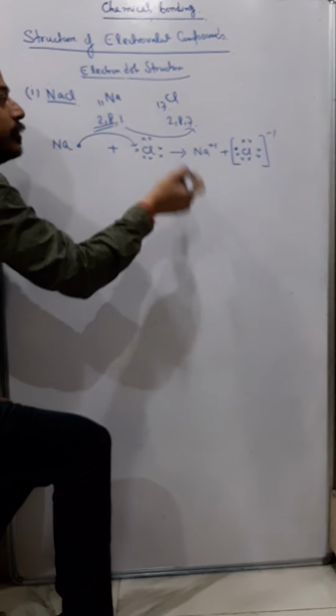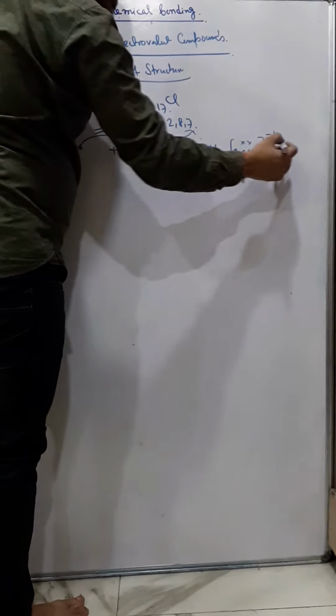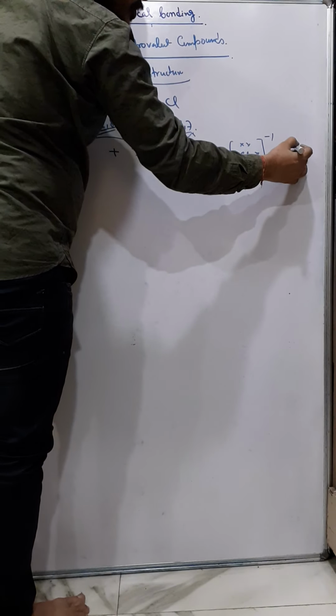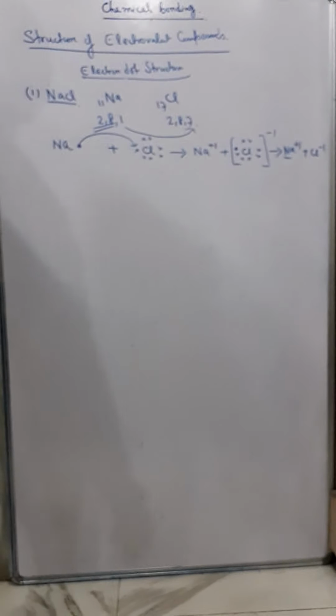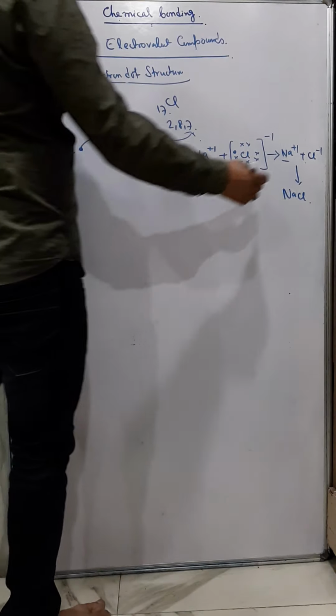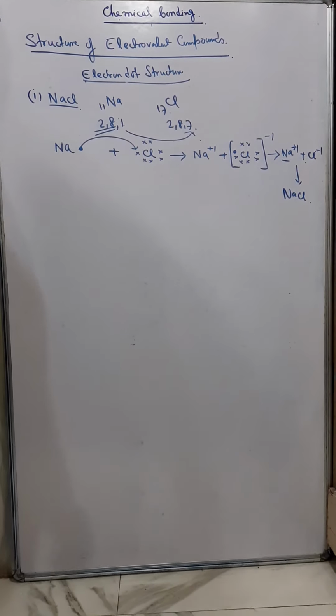We generally use a dot and cross to represent electrons of two different atoms. So therefore we use dot and cross. And then finally, you know what we got? Sodium lost 1 electron and it becomes Na+. So this is a cation, and chlorine becomes chloride ion, and then these two ions form a bond and form a compound, sodium chloride. This bond is known as ionic bond. So this is the structure of sodium chloride.